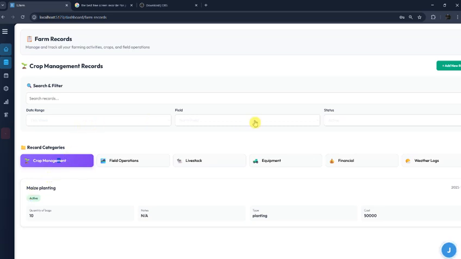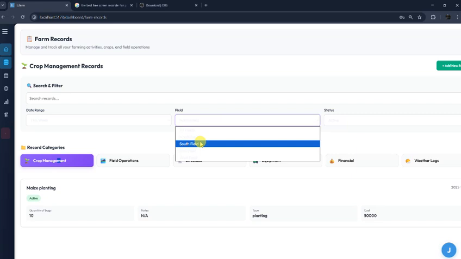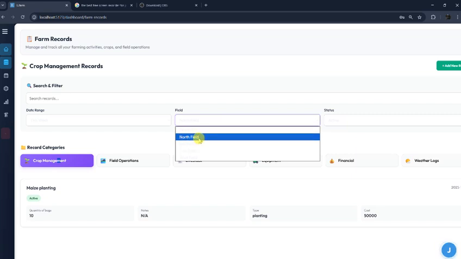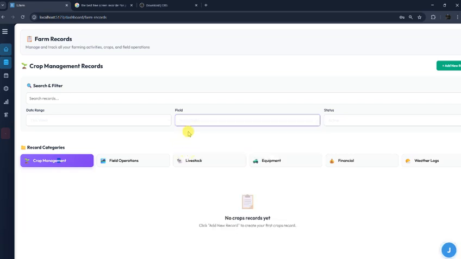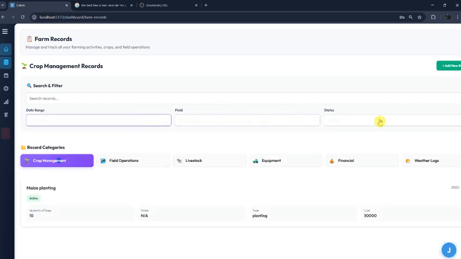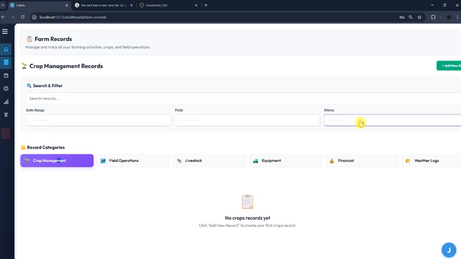And you can basically choose any field. You can just choose any, what are they called, variables, for lack of a better word, just to see if everything works. You can choose from the east field, from the west field, from the north fields. Basically you can choose from anything, and you can also change the status to